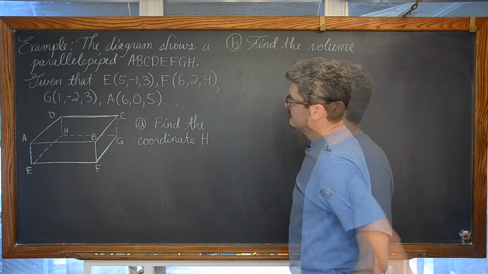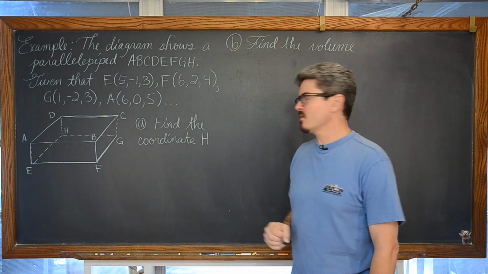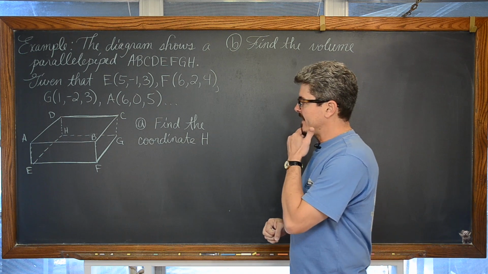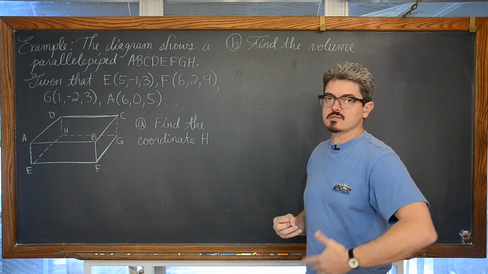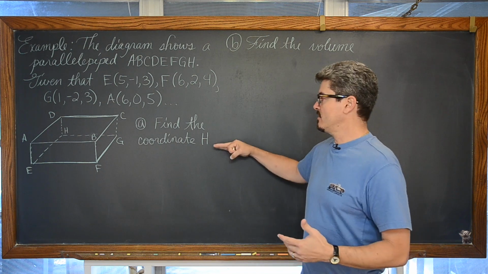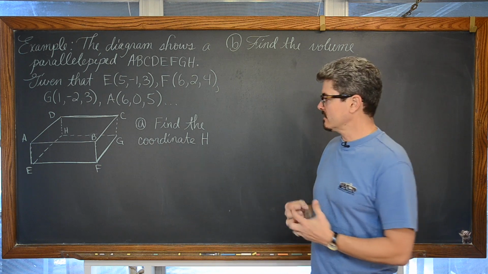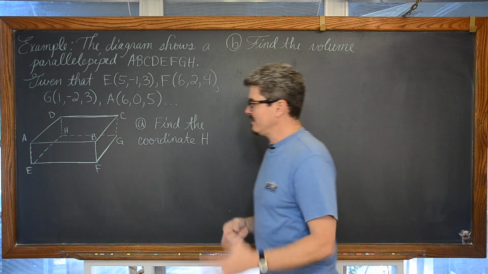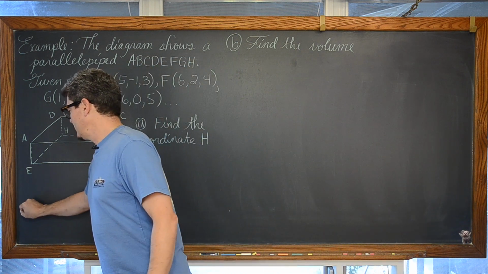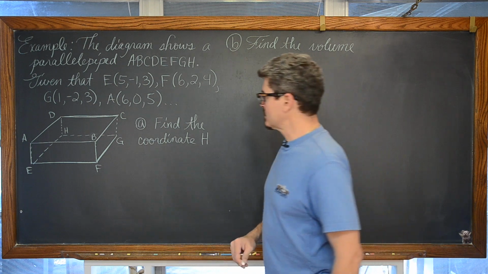Now, we have the request, which is to find the coordinate of H. My text, and therefore my students on their tests, are expected to be able to show this work through the addition of vectors in that triangular process off of the origin. So I'm going to think of the origin being down here somewhere, and we're going to find a position vector for coordinate H.